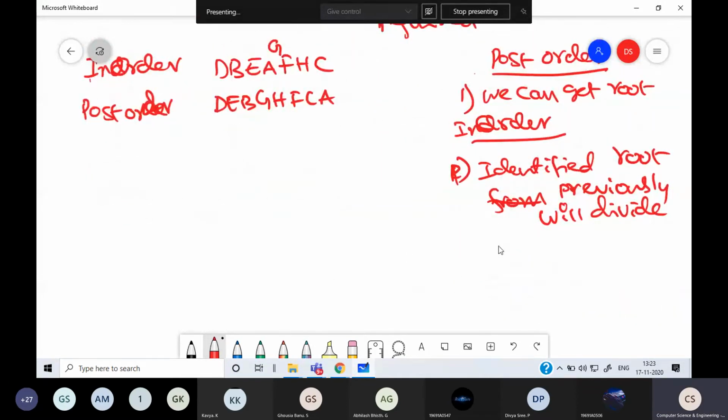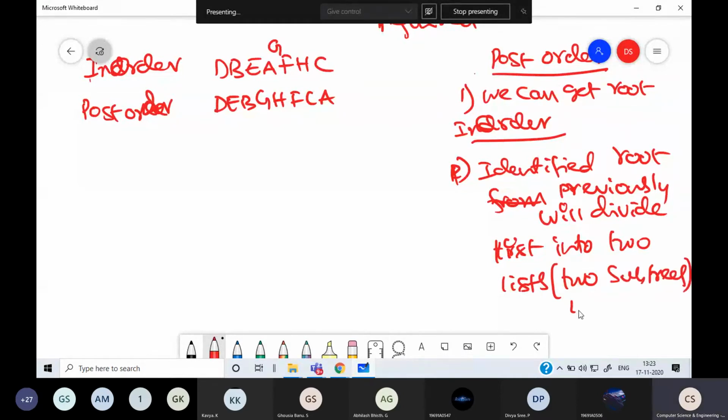Divide the tree or list into two. The list forms two subtrees, left subtree and right subtree. This is the logic we have to follow. The same logic we have to repeat again and again. So again, go for post-order, find the root, then go for separation of the list into left subtree and right subtree. Then we can build the tree.